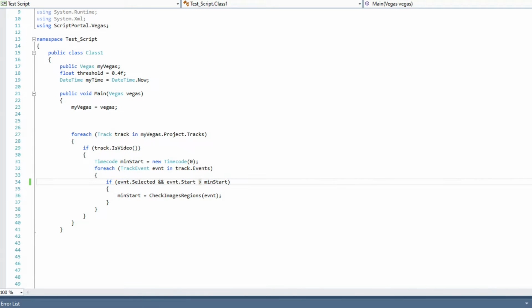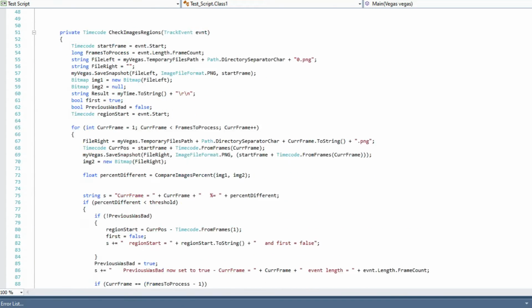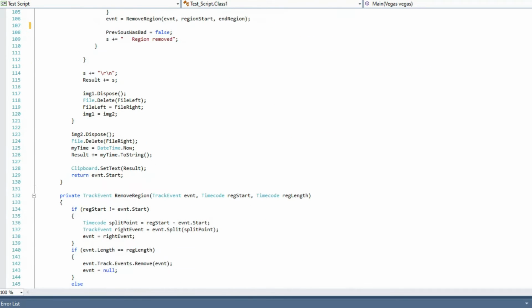So technically this needs to be greater than or equal to, and then down here when I'm returning, I'm going to make sure that I return start plus timecode dot from frames, and let's add one frame to it. That way we'll make sure we're not passing at the start of that frame, and that way when we're looking for greater than,